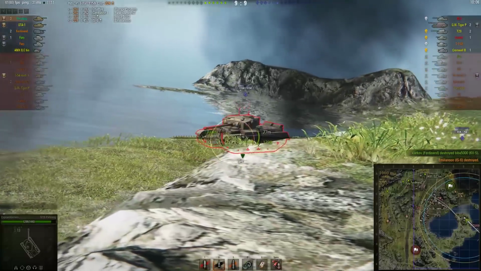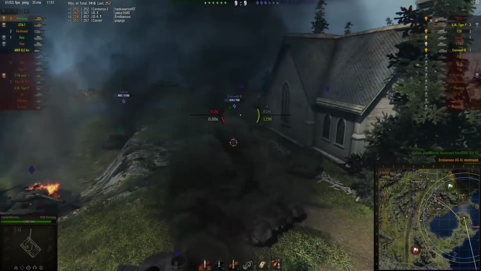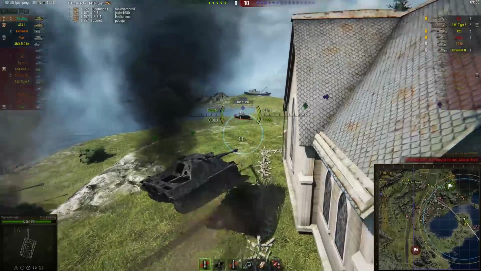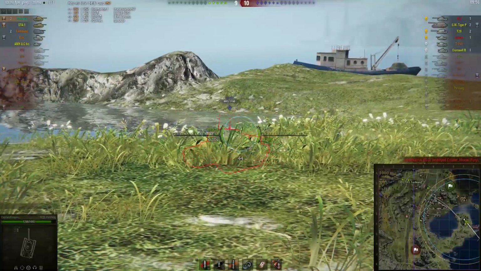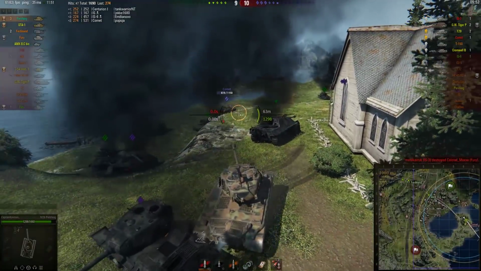Does take a hit now from the Cromwell B as he backs off. Going to try and get this Comet. That's a beautiful tracking shot with the Comet's gun in the air, but he just uses his repair kit to repair that track and get the hell out of there, because like I said, he was tracked in a position where his gun was pointed high up in the sky, so he was not going to be able to